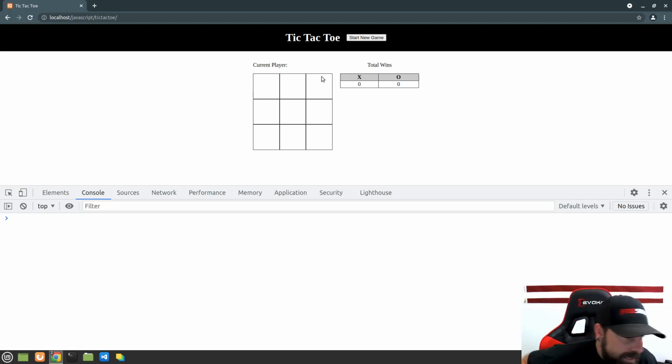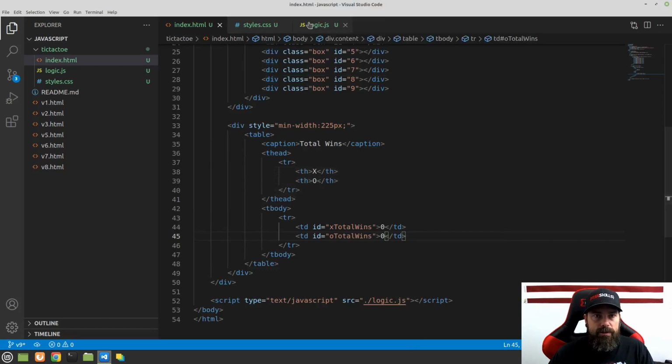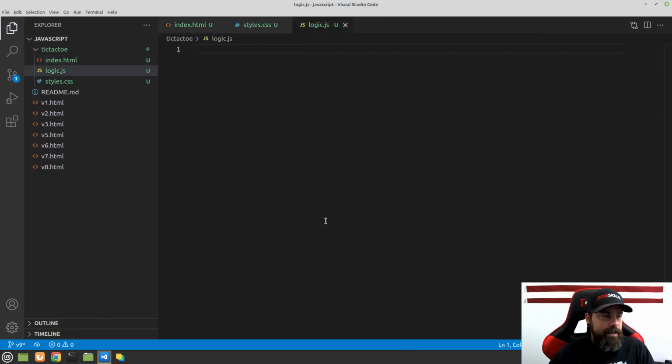So at its core, what we would like to do is make it to where anytime someone clicks on one of these X's, it does something. If you remember from the last video, we had set up event listeners to listen to a click event. So we're going to go ahead and do that now. Go ahead and go to the logic.js. And inside this logic.js, let's